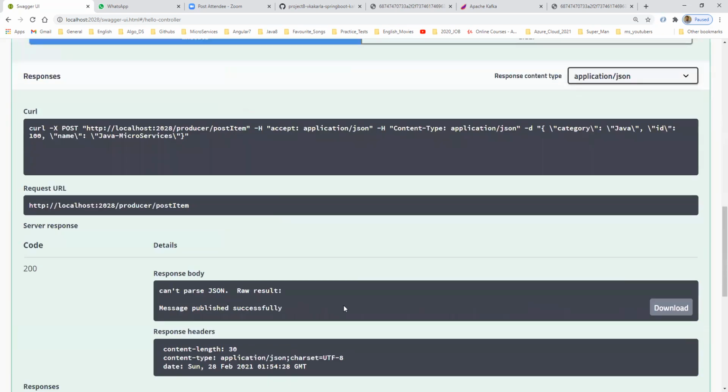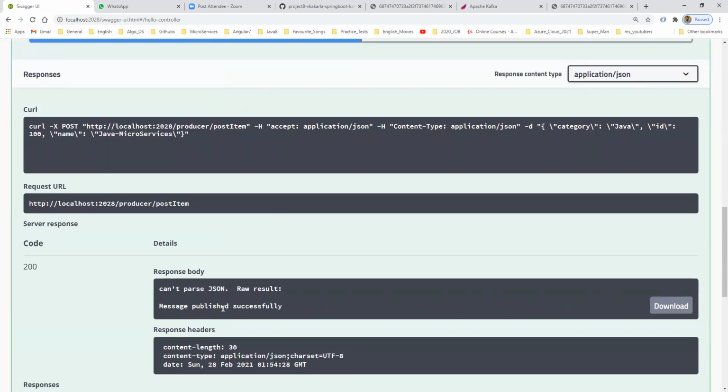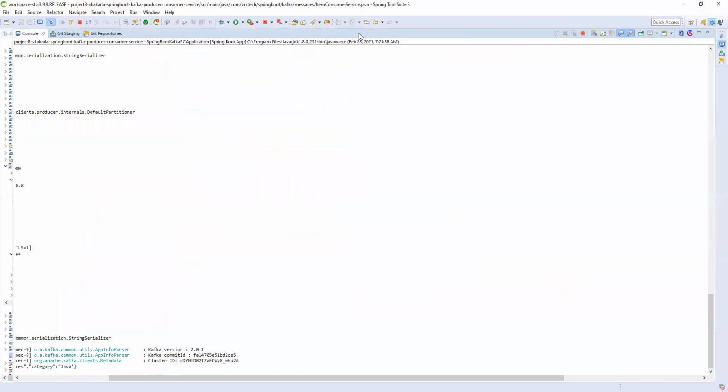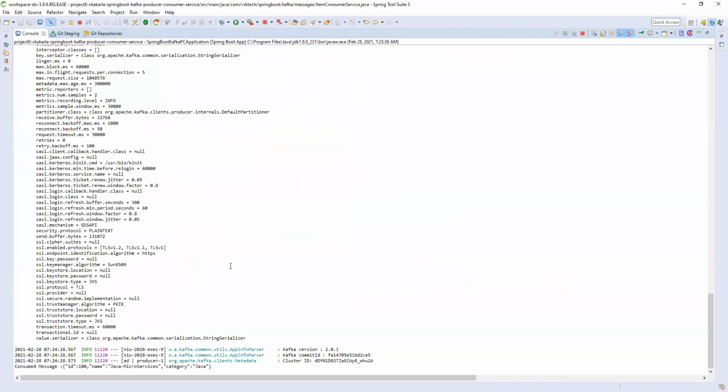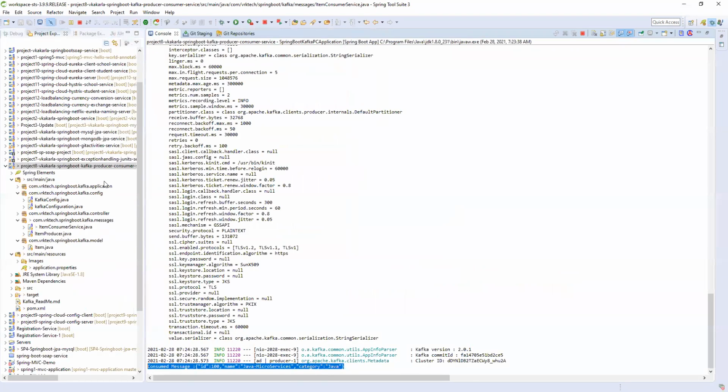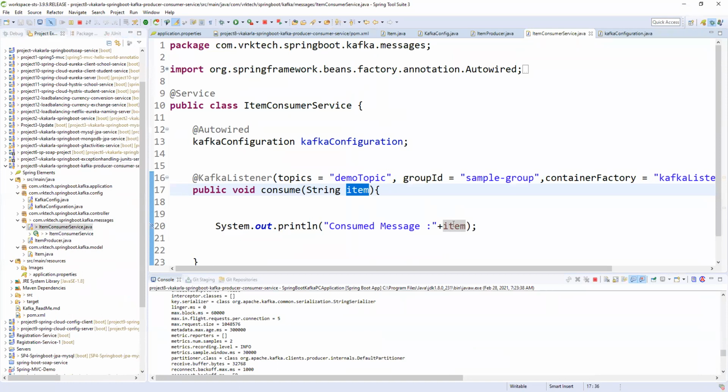So simply I'm executing. The message is published successfully in the Kafka topic. And if you see the console, you will get the consumed message. So we are printing it, right? If you see here, we are taking the message and just printing the consumed message. You can see the same message from the consumer